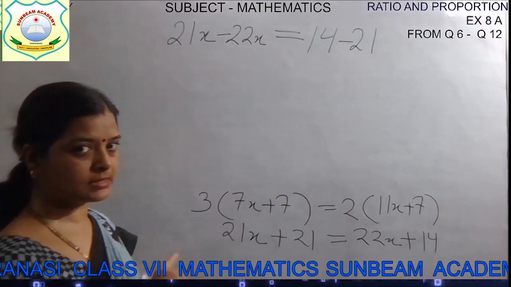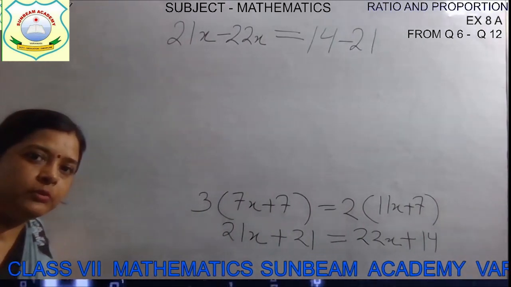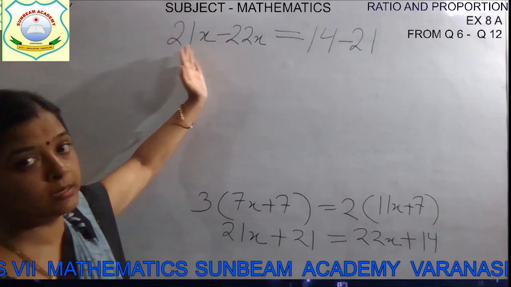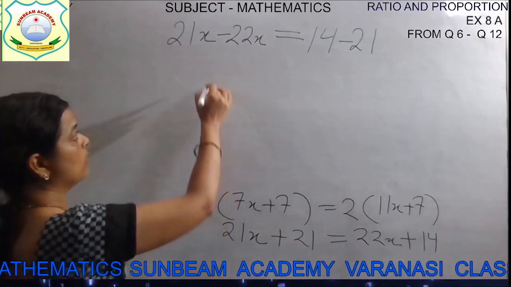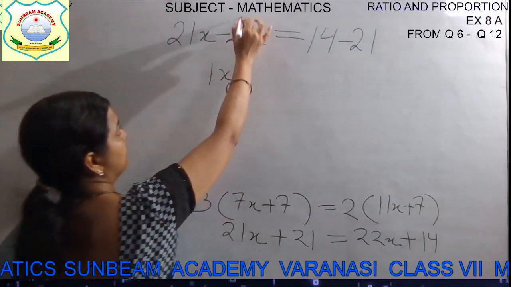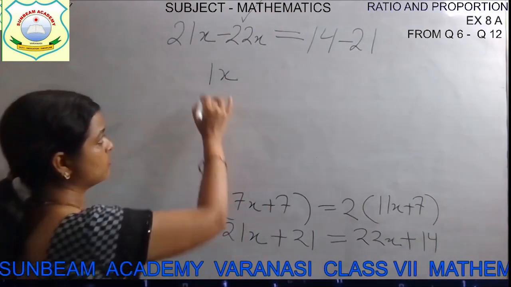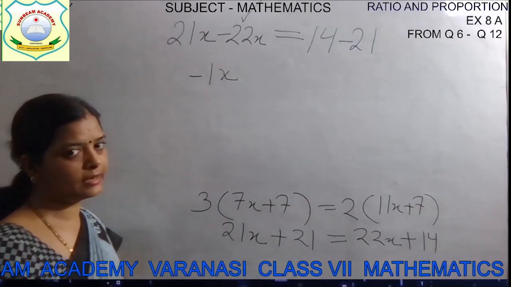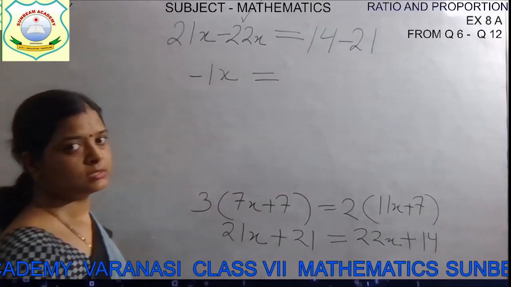Okay. Now next step. What we will do, children? One is positive and one is negative. What we will do? We will subtract. How we will subtract? We will subtract the smaller number from bigger number. 21 will be subtracted from 22. 1 will come and the variable will also come. And whose sign? The bigger number's sign. 22 is bigger, so its sign is minus. So minus will come. Either you write minus x in simplest way, or you can write it as minus 1 into x. That is equal to, again, signs are different.